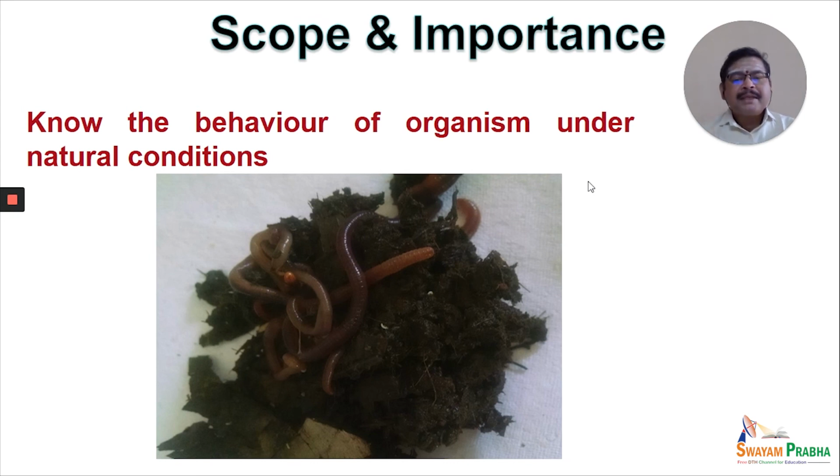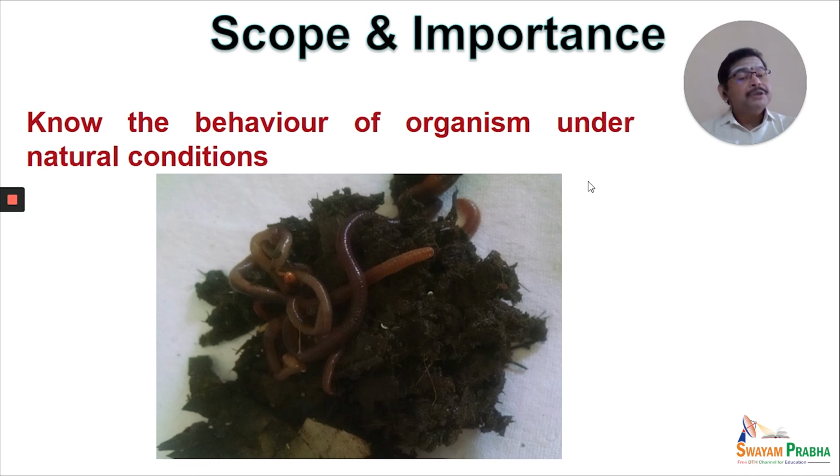We give waste and filth to these organisms. They use this filth, and they have a poor neural structure, comparatively much less than humans. Yet they are in a position to convert the waste or filthy matter into a fine organic material in the form of cast. They release their excreta in the form of cast, which is nutritious and contains all the major elements and the micro elements essential for plant growth.